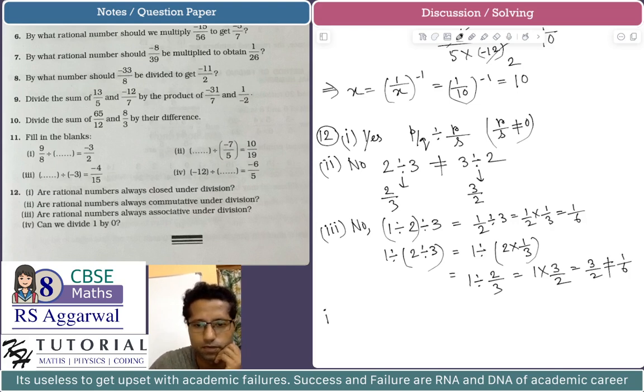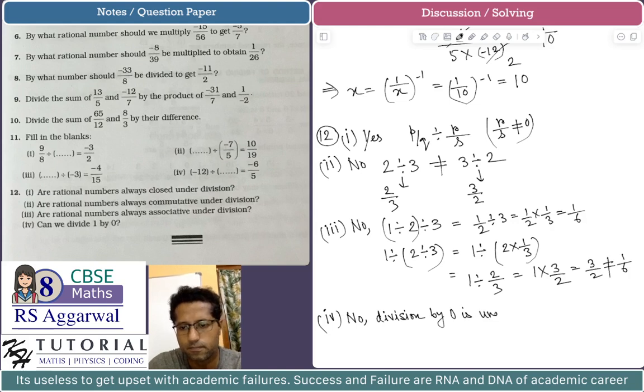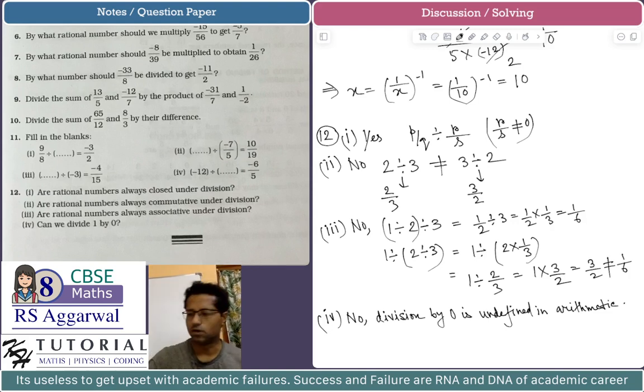Now part 4. Can we divide 1 by 0? No. Division by 0 is undefined in arithmetic. So definitely no. Okay. So this brings to an end in solving some major selected problems from exercise 1D and 1E,